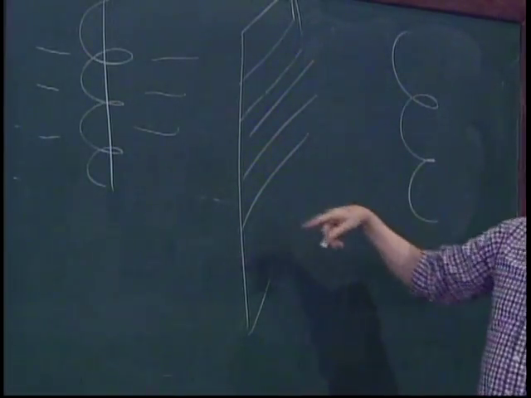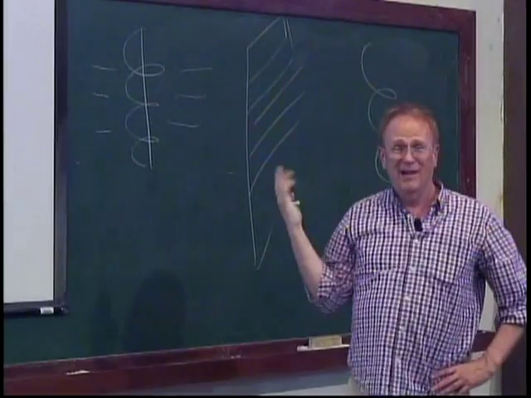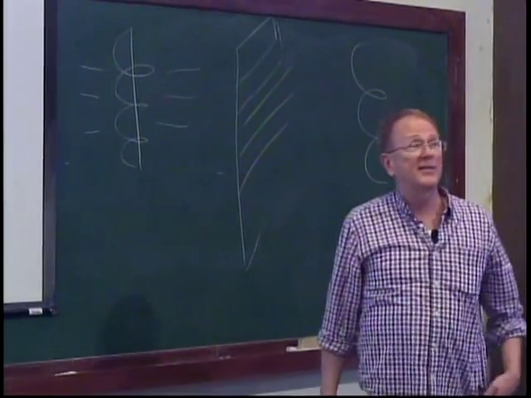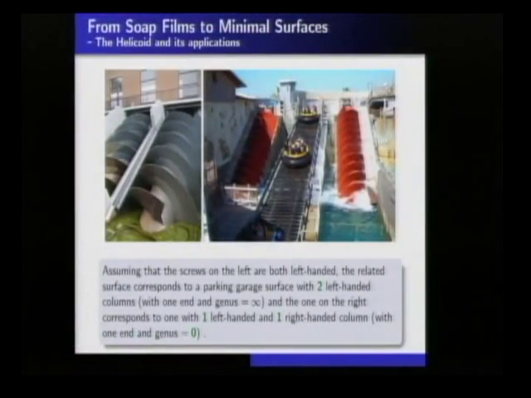So the interesting question is, what's the topology of that surface? I certainly have a surface. How can I describe its topology? Well, this slide is supposed to tell you something about it. On the left-hand side, where they're spinning the same way, you end up with a surface in R3 with one end. That's a little abstract at this point. What does one end mean? But anyway, it has one end and infinite genus.